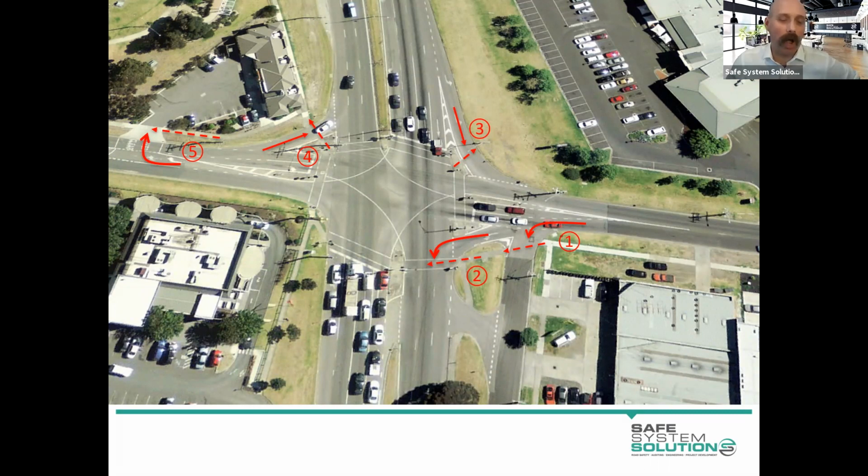But the way I encourage you to do it is systematically work through each road user, traveling each direction, making each turn maneuver, and put yourself in the driver's seat, in the pedestrian's shoes, on the motorcycle. This is obviously all in your mind, and you can do that. So you would say, I'm approaching as a driver, I'm going through here. Would there be any issues? Can I see everything? Okay, I'm coming in here. Okay, I'm looking right. Oh, okay, I've turned right. Okay, there's a pedestrian there. And then,